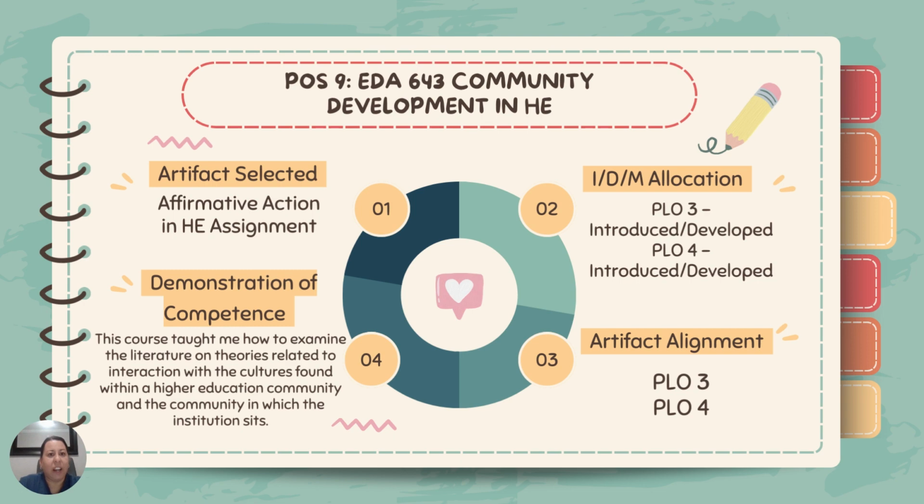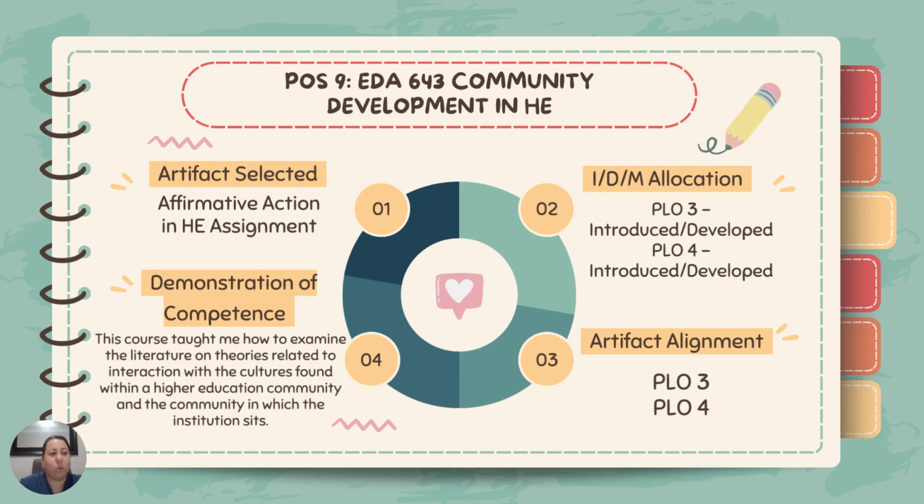My plan of study 9 was EDA 643, Community Development in Higher Education. The artifact selected was Affirmative Action in Higher Education. I did feel that this artifact aligned with PLO 3 and PLO 4, with the allocation of introduced and developed on both PLOs. It provided the opportunity for me to learn how affirmative action will allow higher education institutions to ensure that they are providing an opportunity to all students and not discriminate based on their race, ethnicity, income, or